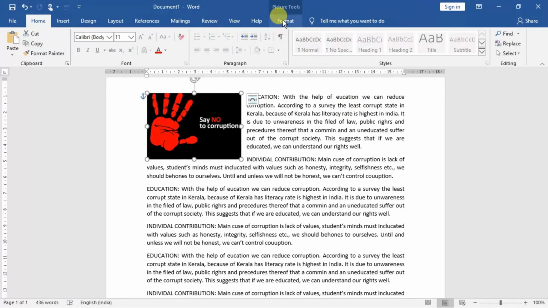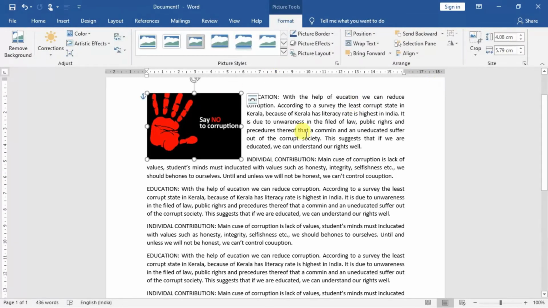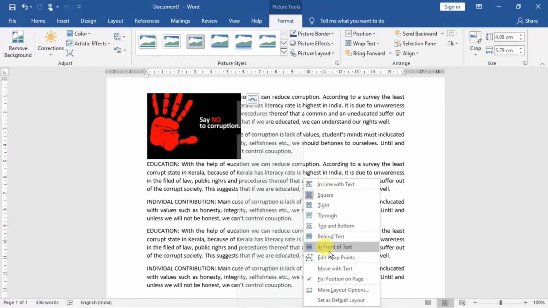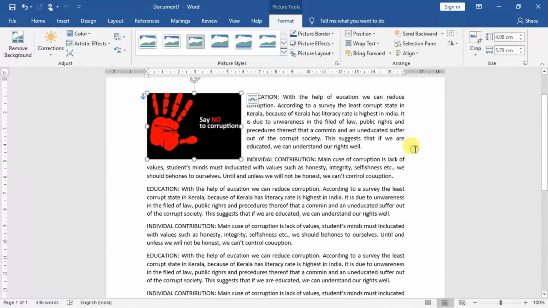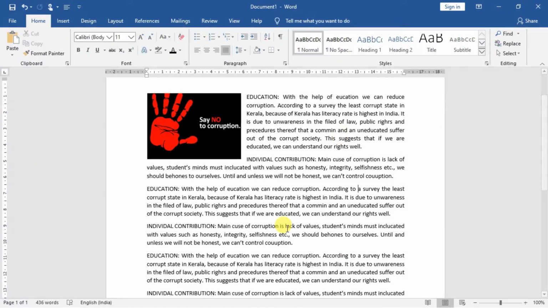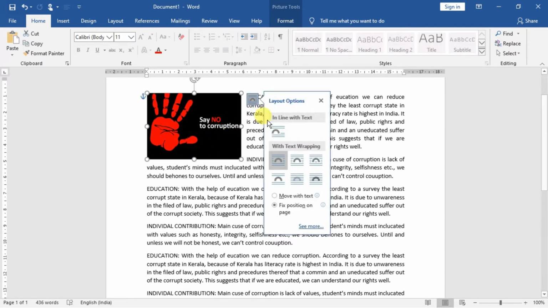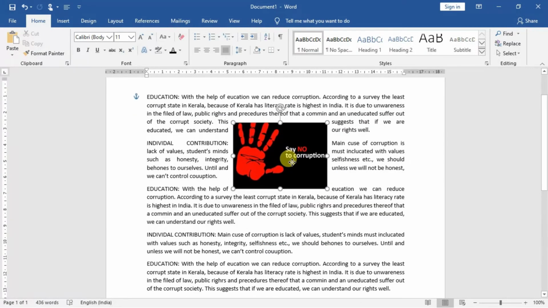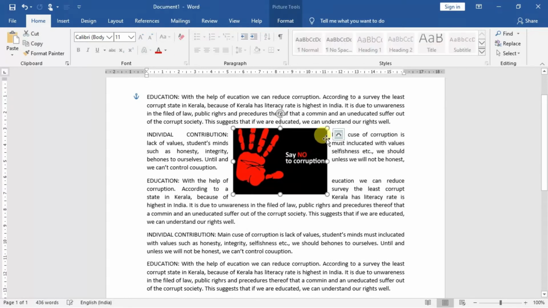So with the picture selected, come back to the Format tab, and you will get different types of options available. And the same is possible by using the Wrap Text options over here. So all the options are also available. All right. So it actually helps us to wrap text a little more. You can see this particular option is available. Okay, so you can do it like this. With text wrapping, you can choose a fixed position on the page, and then you can choose it in this way. So the wrapping will be done in a similar manner as well.